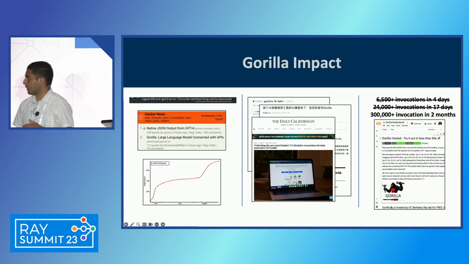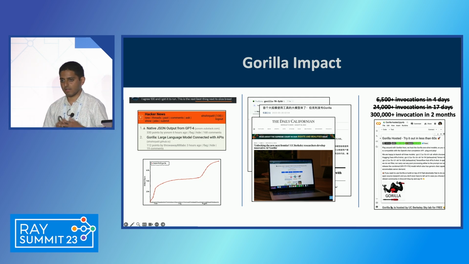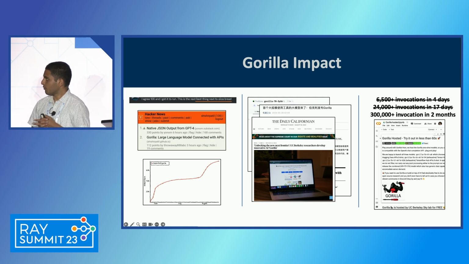Moving on. So this is the fun part, right? So when we open sourced Gorilla, we also went ahead and we made different platforms where you can access Gorilla. And we also have a Discord server. I would invite all of you to join. But the feedback has been actually quite supportive, right? And this is by far the best feedback I've ever received, which is this is the next best thing to sliced bread. I don't think it's there yet, but a lot of people are using it and finding it useful. It's not just a research artifact. We've also been on the front page of Hacker News multiple times by now. There's a growing open source adoption as well.